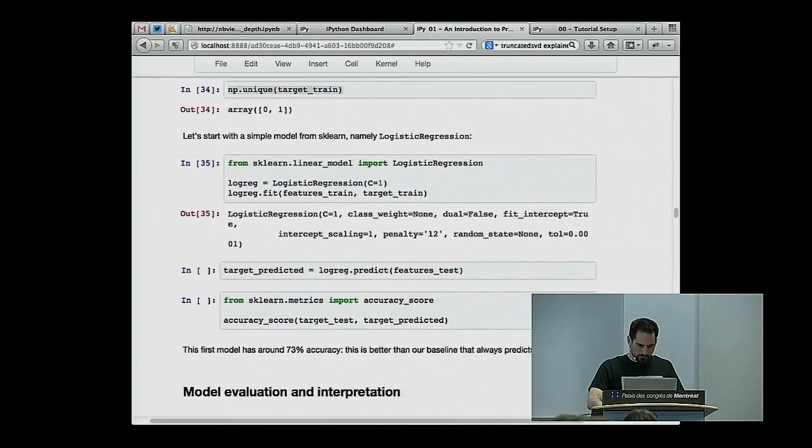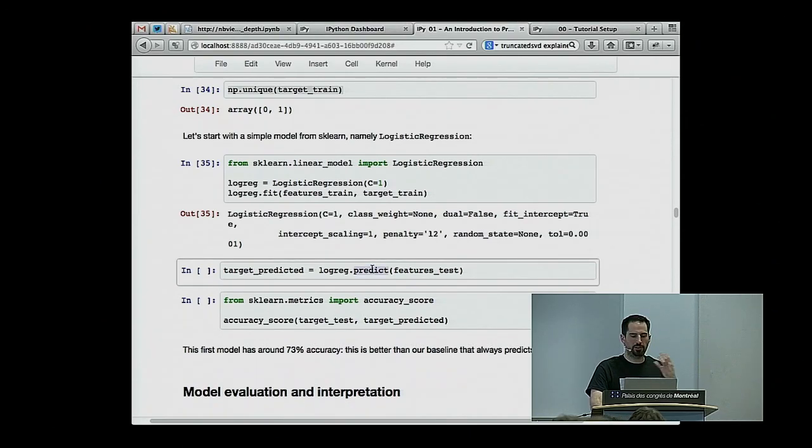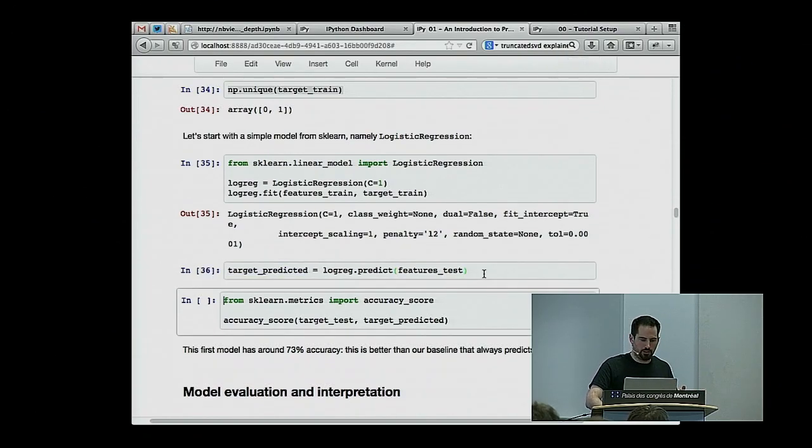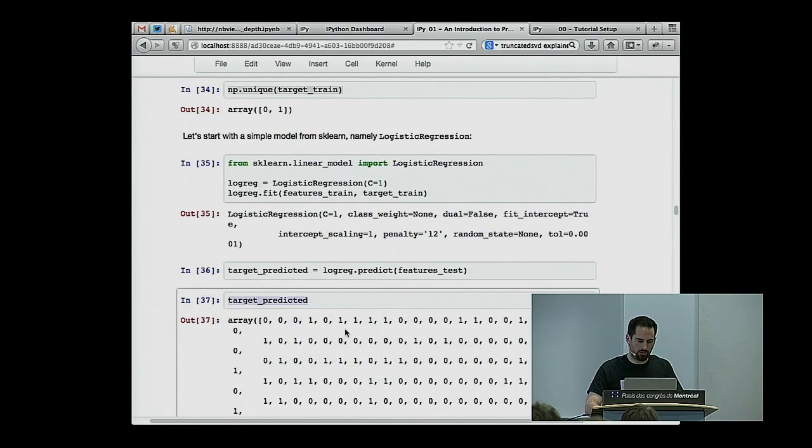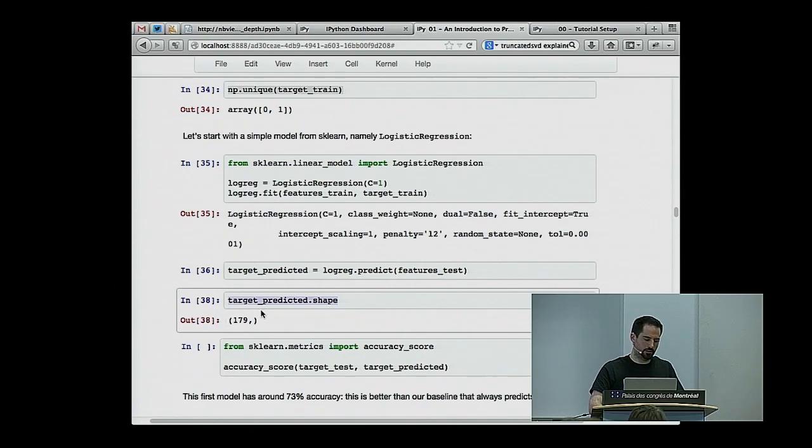Okay. So my logistic regression model here has been fit on the data. And so once we have called fit on it, we can call predict to make some predictions on the new features from the test set. And we store the prediction in a new variable which is called target predicted. Once we have those predictions, we can have a look at what's in this array. So you have 0s and 1s. You can check the shape of the array. It's the same size